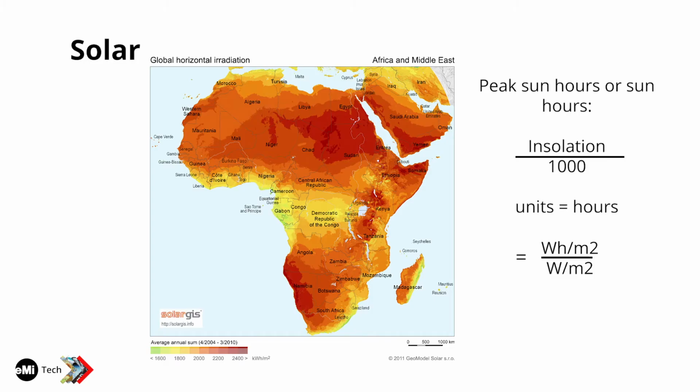So that's when you want to make sure you don't have any shading. Peak sun hours. You're going to see this terminology when you're working with solar. It is the insolation divided by 1,000, and it's just the benchmark of trying to do this analysis. And you'll see here is a graph. You can see throughout Africa there's areas that are especially stronger for solar than other areas, but most areas it still makes sense to put in some.